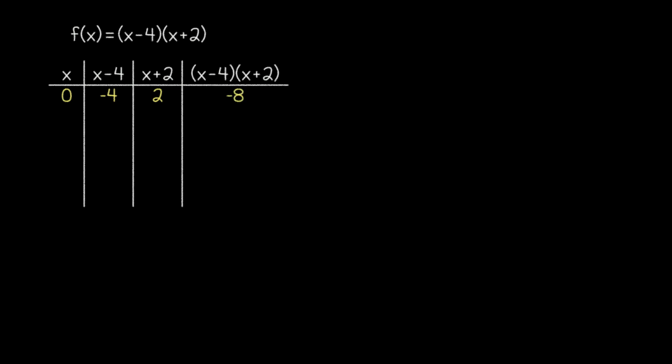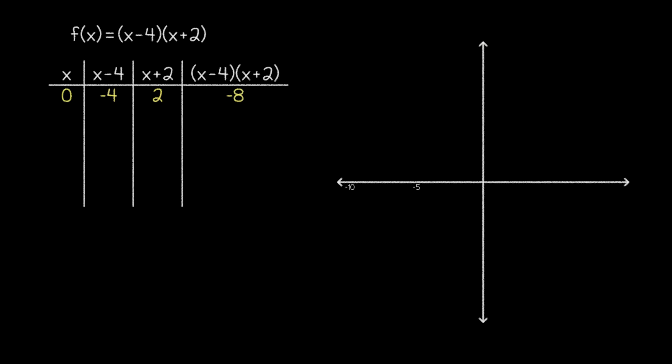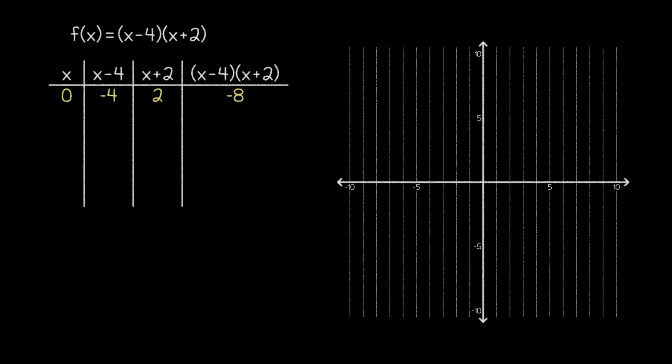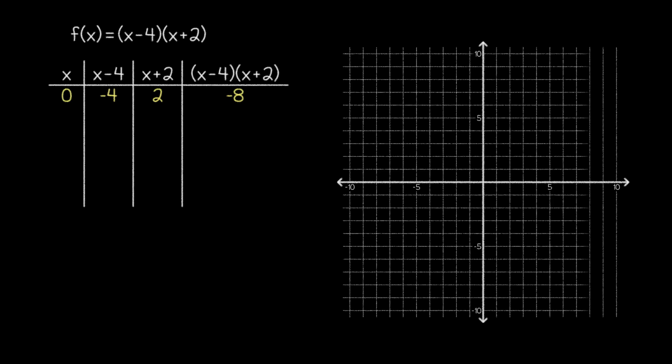We chose 0 as our starting input because our initial strategy for graphing quadratic functions in the factored form will again focus on choosing inputs based on convenience. However, there are a couple other input values that might be even more convenient. If we pick 4 as our input, then 4 minus 4 is 0, and at this point, it doesn't even matter what the other factor is. If one factor is 0, then the output is guaranteed to be 0.